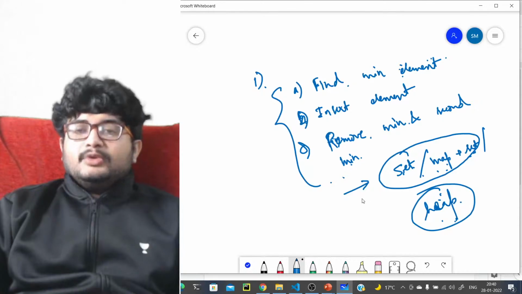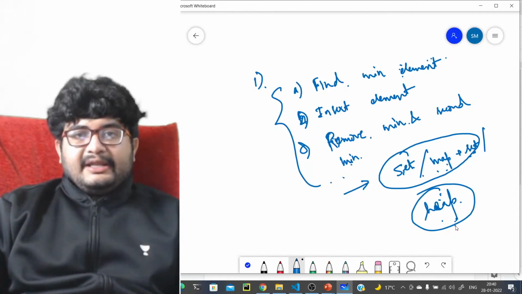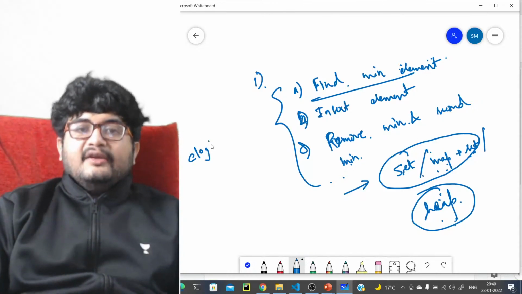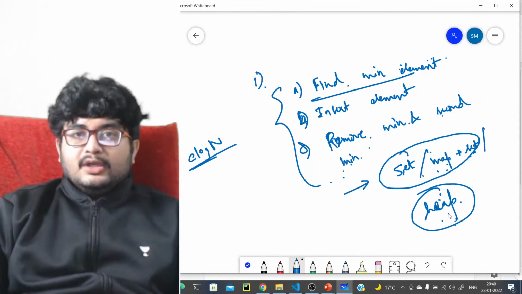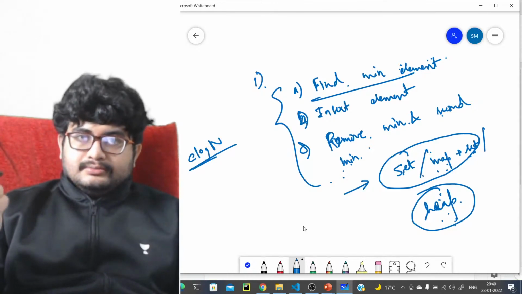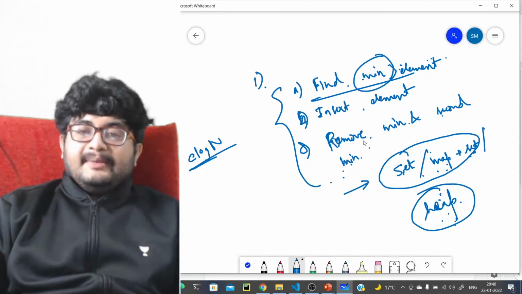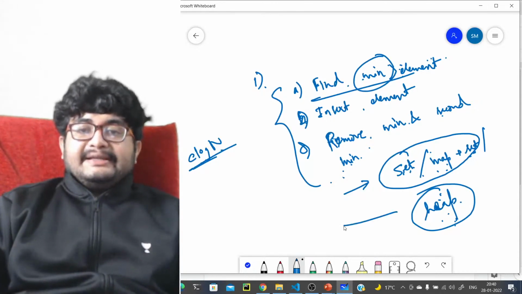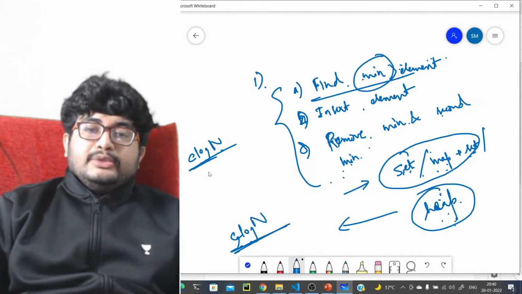So definitely it makes more sense to use a set, but again, you can have all the operations supported in a heap. In set you have this one as log n, C into log n. And remove min and second min element in heap, what do we do? We remove the top element two times, that's all. Because we have a min heap, we are maintaining a min heap because we have to find the minimum element. So C into log n in case of set, in case of heap as well it is C2 into log n. But we know that C2 is much less than C.